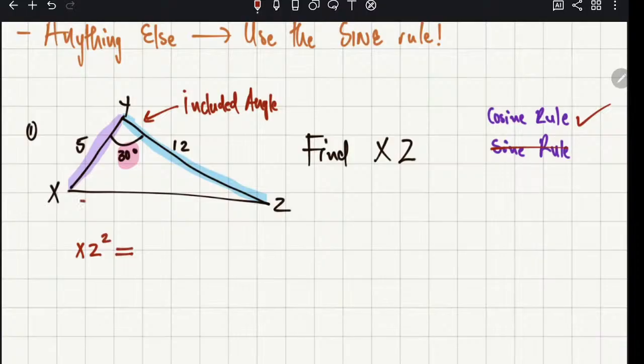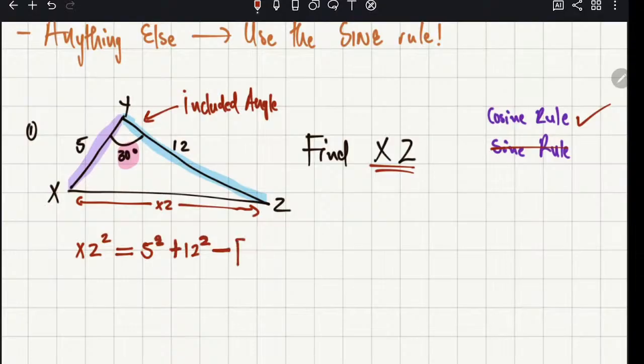They said find xz, which is this side. xz all squared is equal to 5 squared plus 12 squared. You add them whilst they are squared. Then you subtract